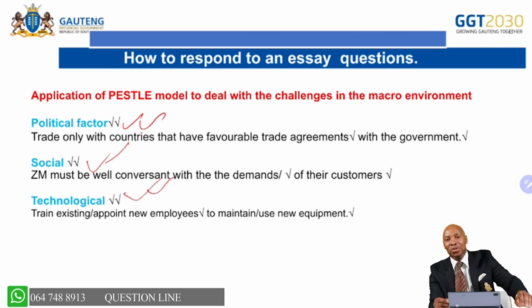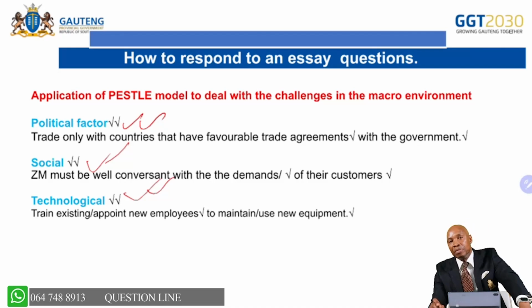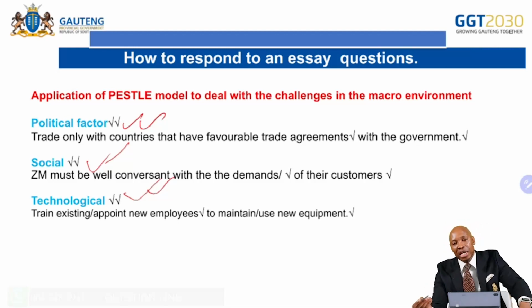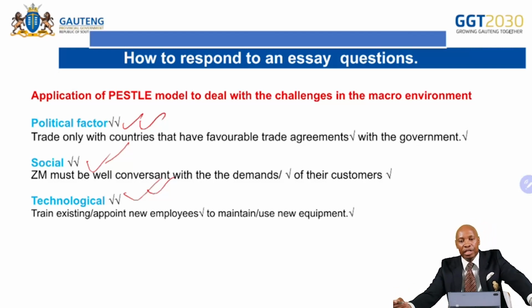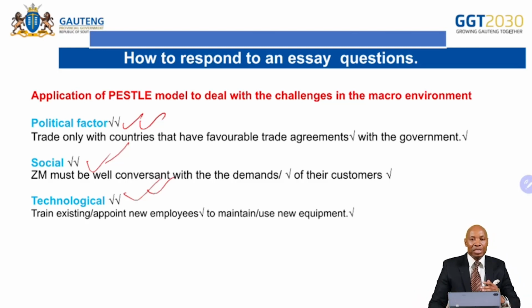As we were doing the political factor, our challenge was a trade agreement. Then our recommendation was based on the trade agreements, where we said trade with countries that have favorable trade agreements. And then as we were doing the economic factor, we said loans may be expensive due to high interest rate. We then said, as part of our recommendation, borrow money when the interest rates are favorable. You see, so it's important that candidates, you really prepare yourself and you'll make it.